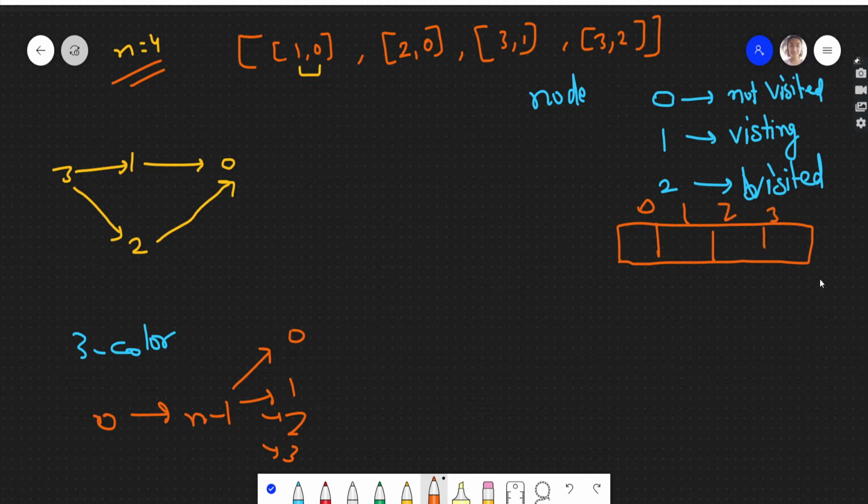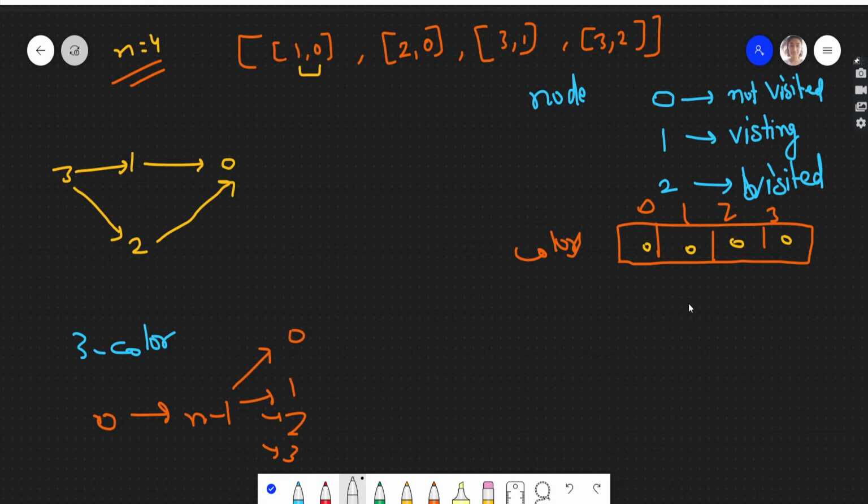We'll make an n-size colors array. This is our colors array. Initially, it will contain 0, because in the starting no node is visited yet. So now let's start the traversal.